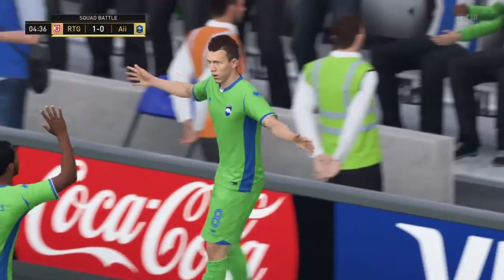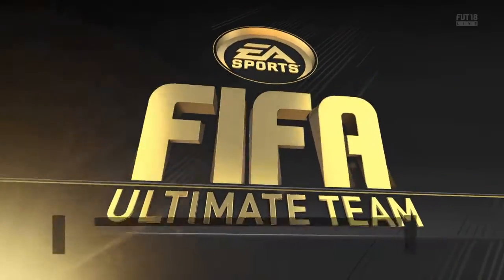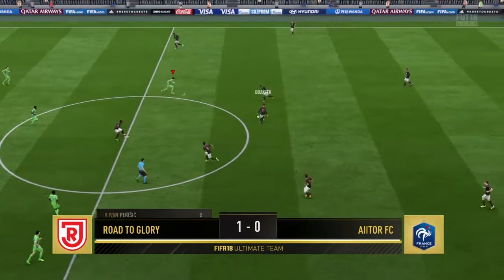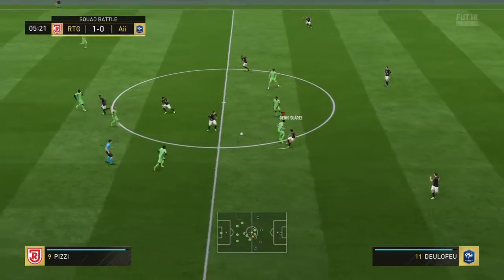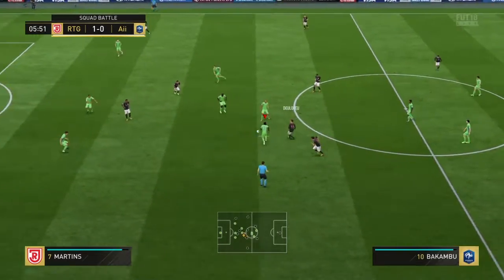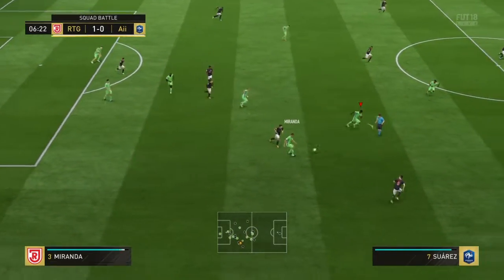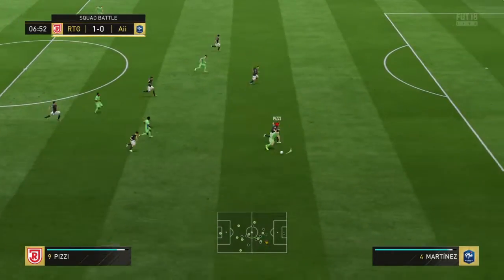And yeah, these bronze packs, these Danish players, League One players. I've been saving the Super League players so that I can do the squad battle challenge, Quaresma, to fit into this team on the right hand side instead of Martins. But yeah, they sell as well. Liga NOS,